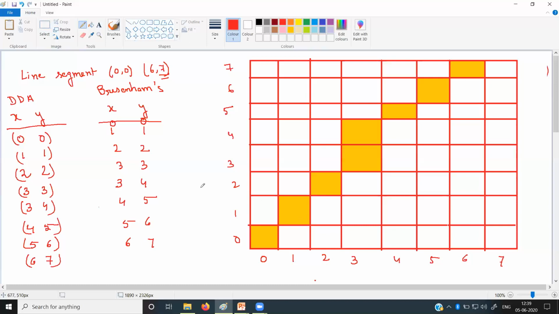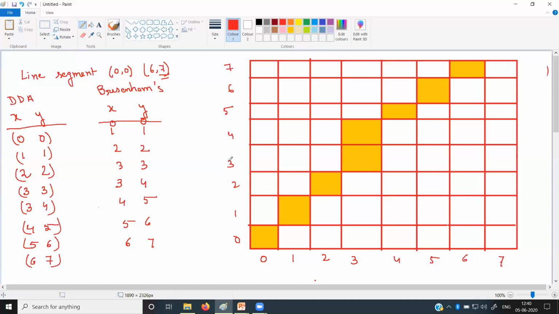And if you go for some other problems, you can also see the difference between Bresenham and DDA. In this example, both the algorithms generate the same set of points. But for some other problems, you can see that the Bresenham algorithm generates more accurate points compared to the DDA. So the line is more accurate in case of the Bresenham line drawing algorithm rather than DDA. So that is all about the difference between the DDA and Bresenham line drawing algorithm.